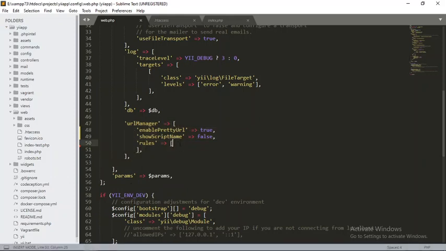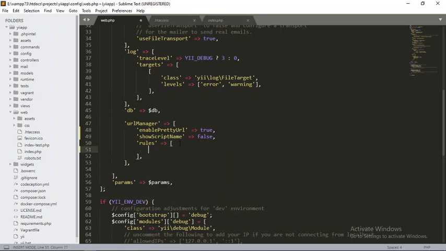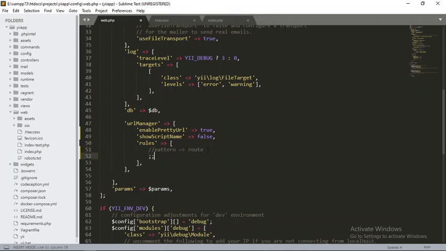So I'm here in the configuration file, that is config, then web.php. Under the rules array, the rules array will enable us to customize our URL, and its format is pretty simple, and that is pattern mapped to the route. So this is the pattern that will be accessed by the user, and this route will be executed in the background. So we will have something like contactors, and the route that will be executed is